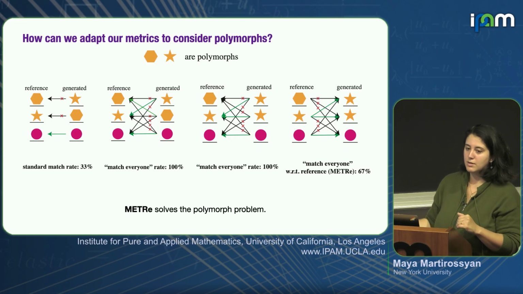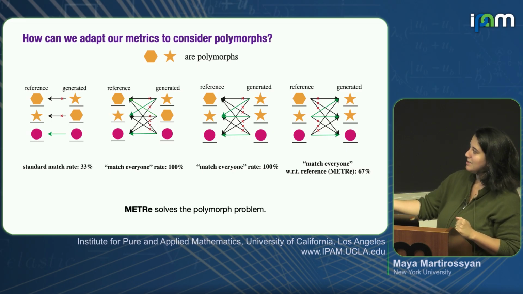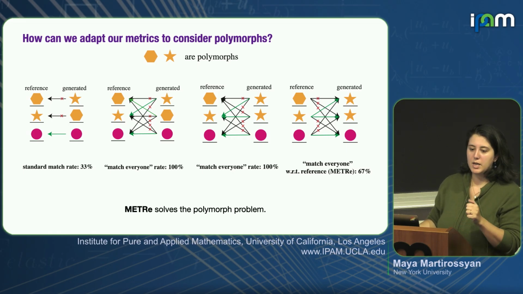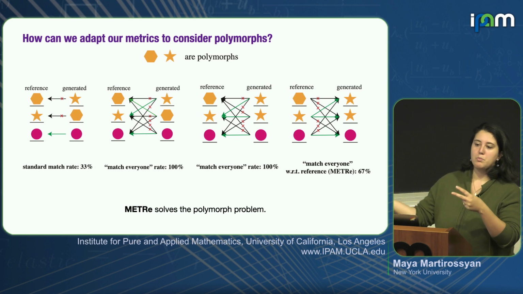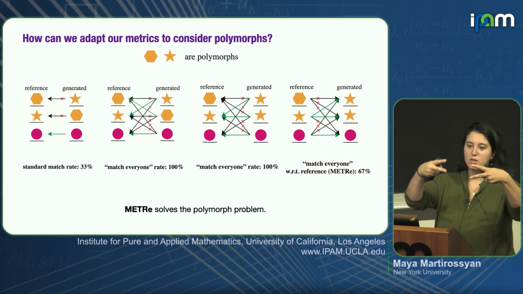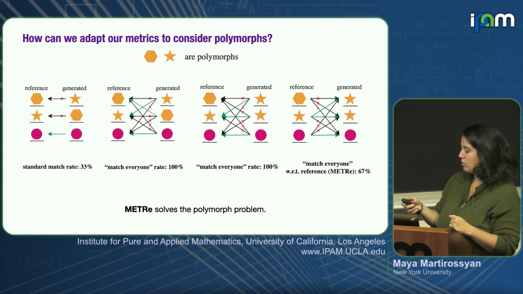of your generated set. In effect, the idea here is to make sure that, let's say I have two polymorphs in my test set, I just want to make sure I generate both of them, but they don't have to be exactly one-to-one. I can generate them in the wrong order, and that's fine too. Okay, so that's the main takeaway here.